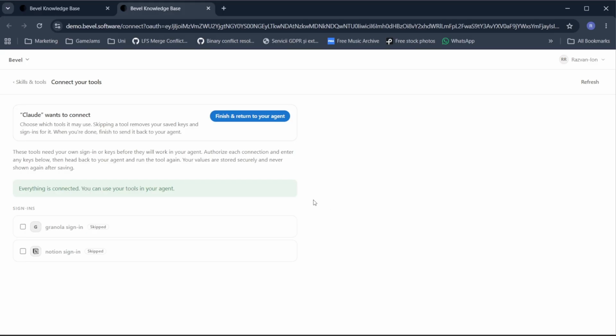Exactly. Here we can already see that an admin, in this case the demo instance, has configured some tools for us to already be able to use. And we can enable them here, and we're able to authorize for some which actually need the authorization. For example, Notion requires an OAuth for me to be able to use this. So I can just click authorize,